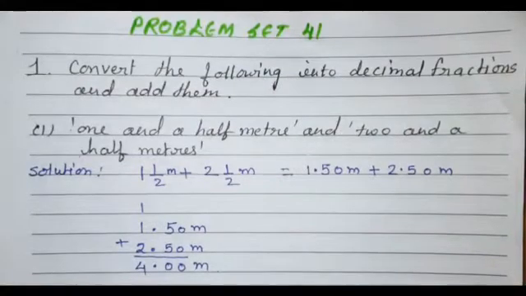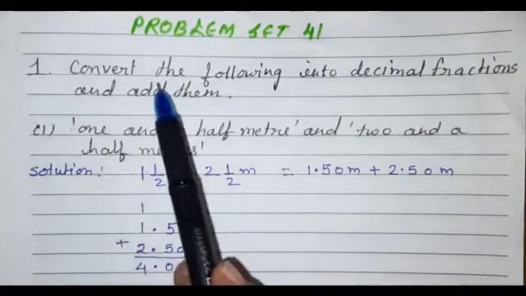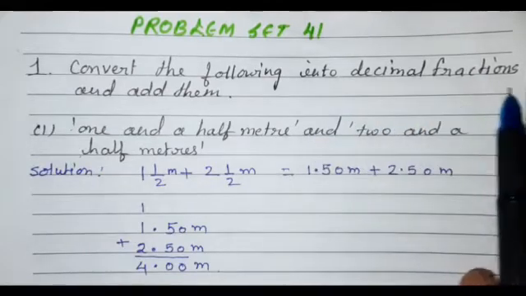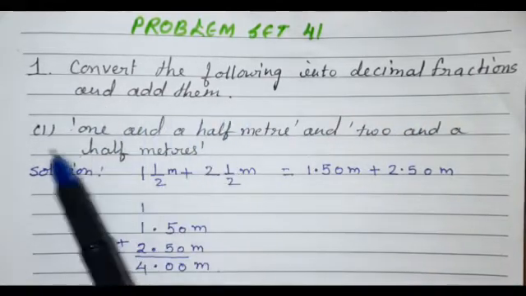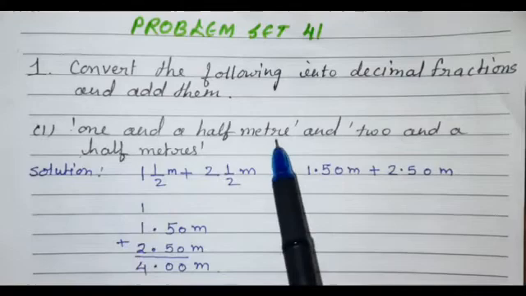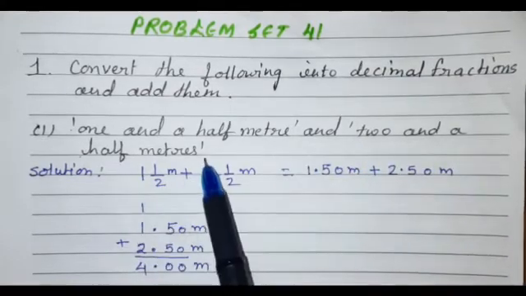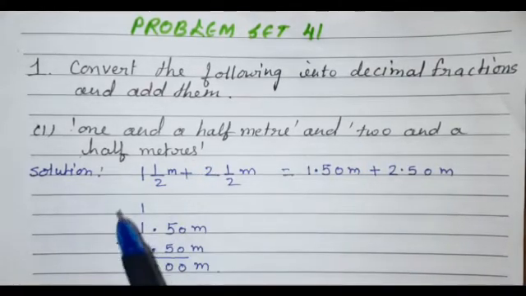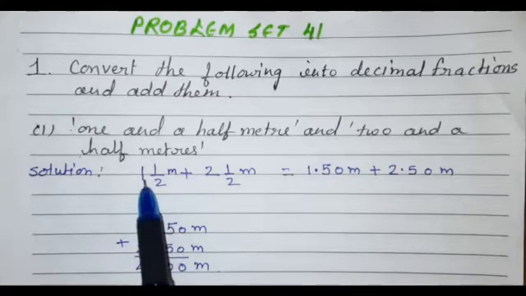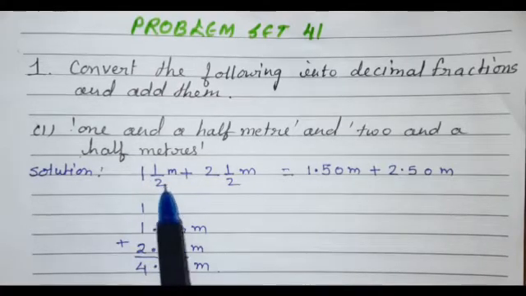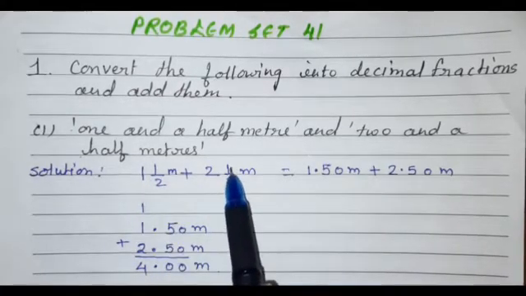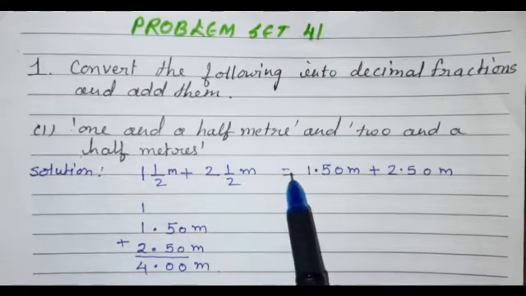Now we will solve the questions of problem set 41. First one, convert the following into decimal fractions and add them. First one, 1.5 meter and 2.5 meter. Solution: 1.5 meter in fraction is 1 and 1 upon 2 meter plus 2 and 1 upon 2 meter is equal to